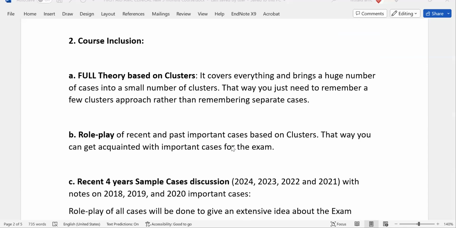And our candidates pass the exam in the first attempt, not in the third or fourth attempt. Even one student passed just yesterday. She was our last batch student. She did not even need to finish our full course. She just went through the recordings, and within 4 months she appeared for the exam and passed